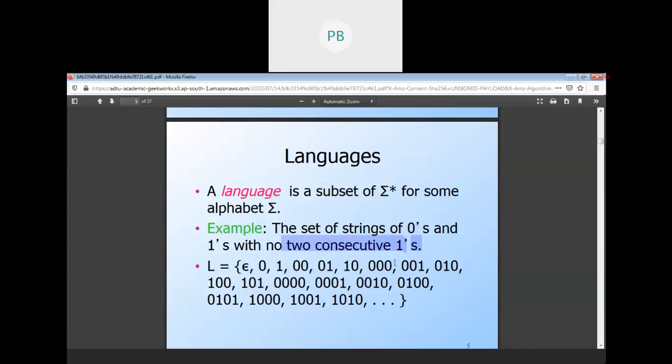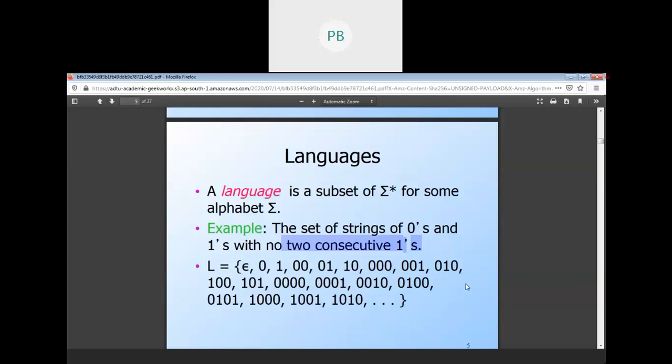We can create a language from a superset of zeros and ones, but sometimes there may be some conditions. Are you able to understand what a language is and how we can create it? This is the basic one.